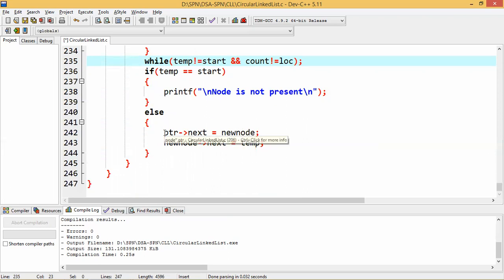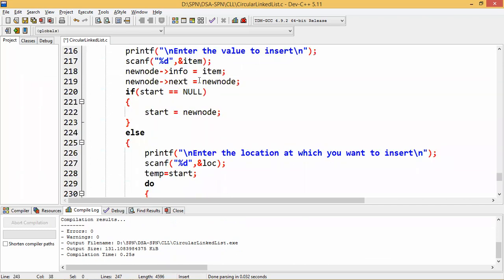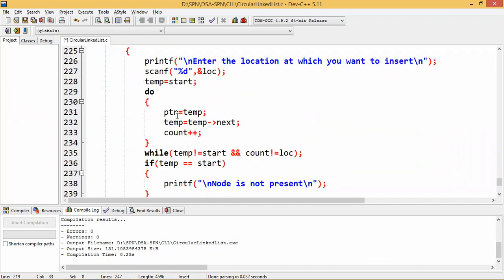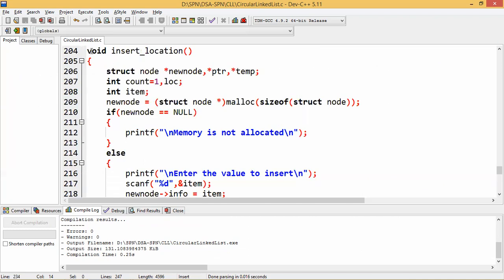Clear? And the same procedure we used to follow in single linked list also. So we are not doing any kind of big miracle or changes for circular linked list. We are just making few changes, like here in the next part, you are keeping new node. Instead of while, you are using do while, and no null is there. So you have to use start, and again you are checking here. Okay. So this is the basic thing of writing the program of insertion after or at a specific location.